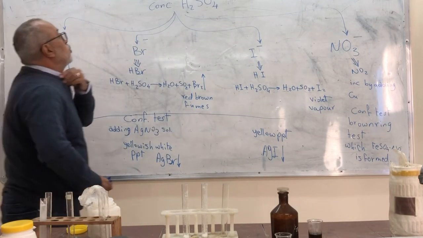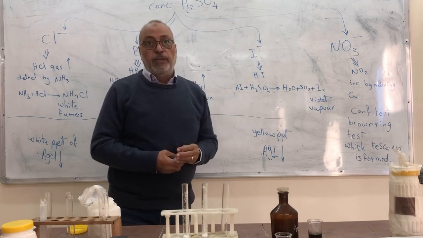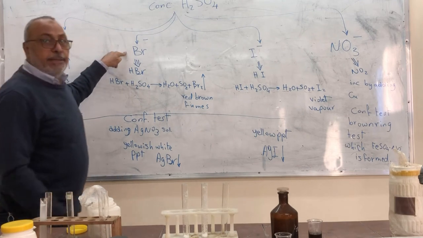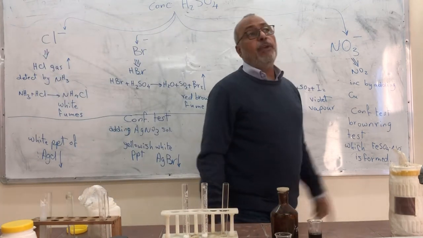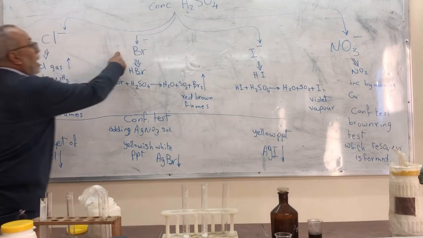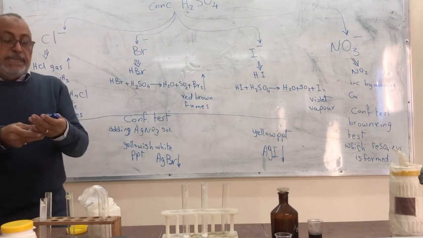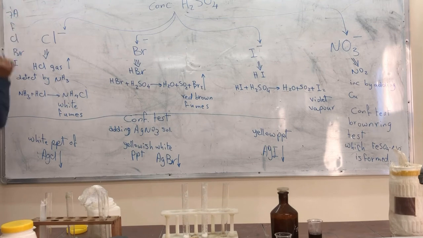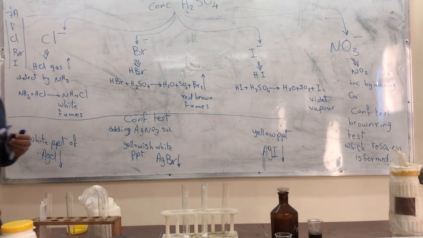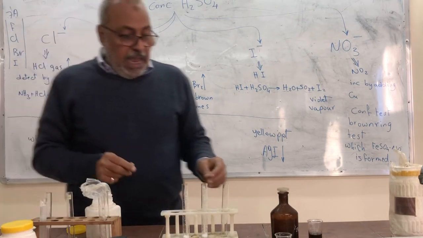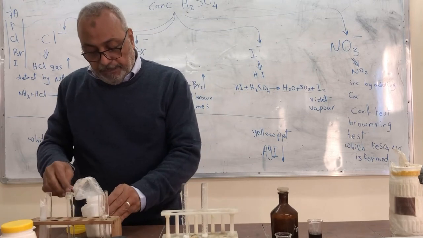Group H2SO4, conc hot H2SO4, includes four anions: chloride, bromide, iodide, and nitrate. How can we differentiate between them? We must notice that chloride, bromide, and iodide are from the same group. They are called halogens, group 7A in the periodic table. So they have graduated properties. They have similar properties, and now we will differentiate between them by